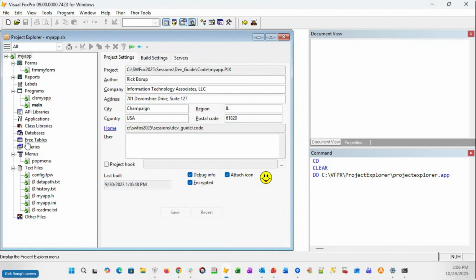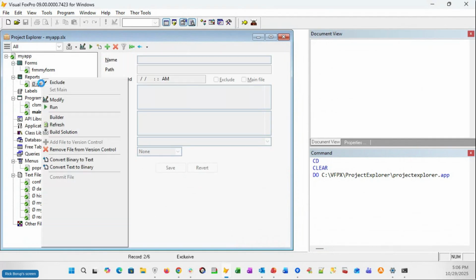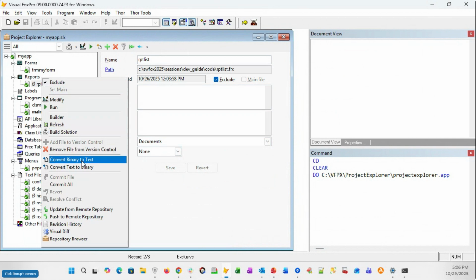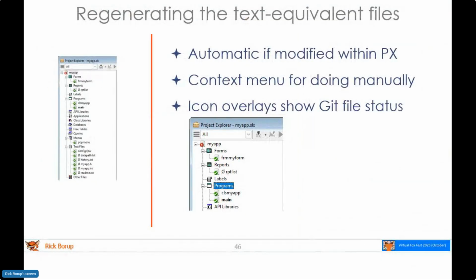For example, on a report, I can right click on a binary file and I can choose convert binary to text. And of course, you can go the other way if you're on a text file. So that's built into the tool as well. And finally,